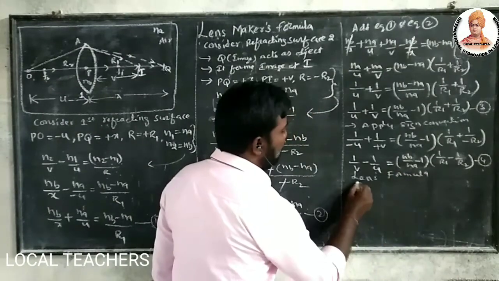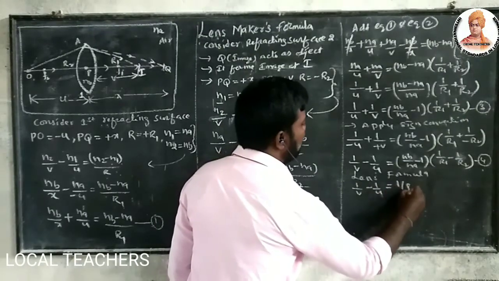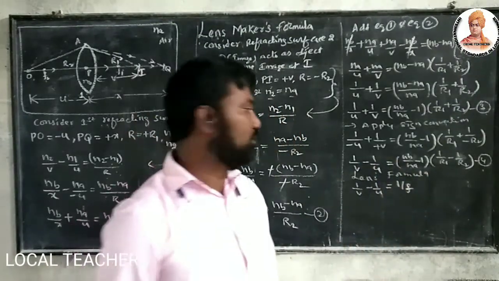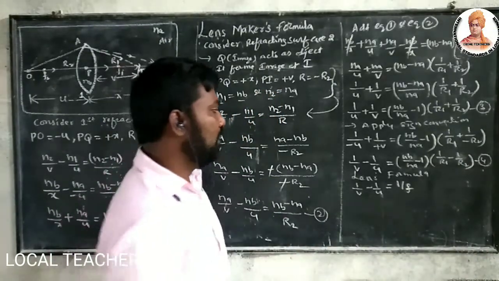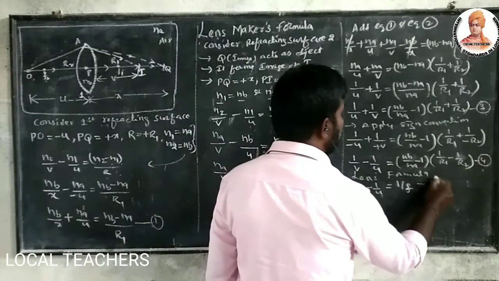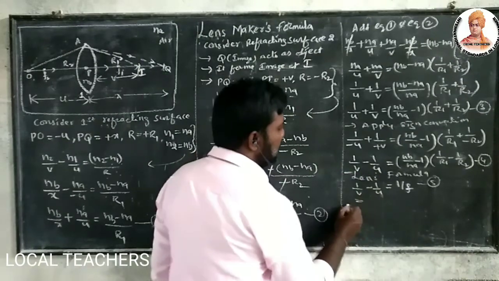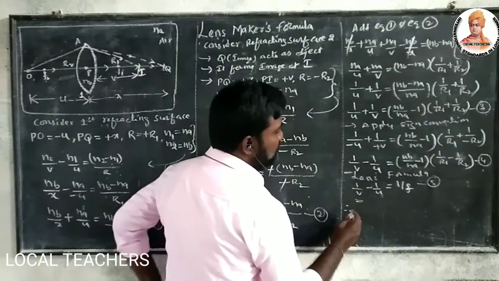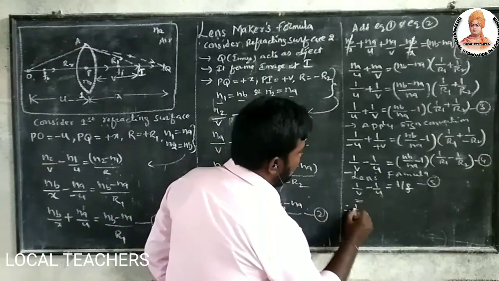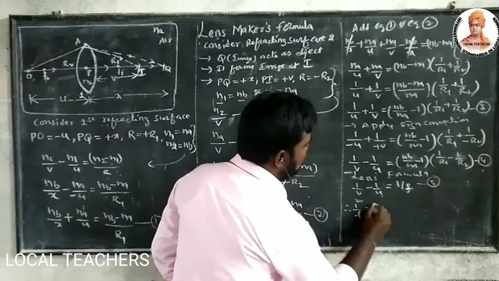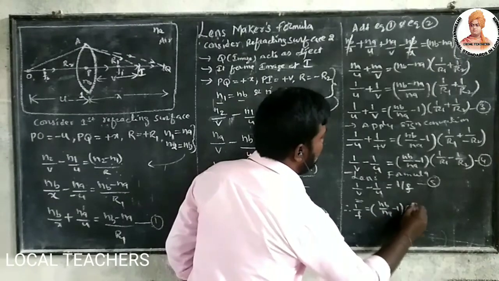So what is the lens formula? 1 by v minus 1 by u equals 1 by f. So consider this is equation 5. So here observe the LHS of both are the same. So therefore we can write here 1 by f equals NB by NA minus 1